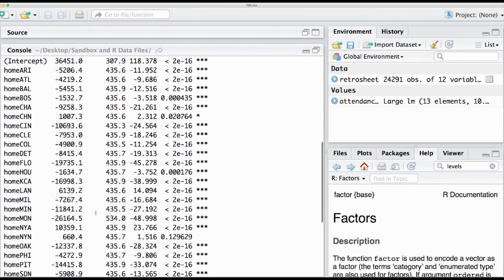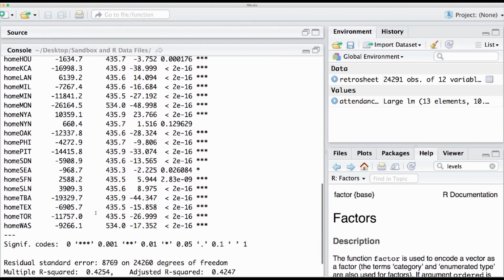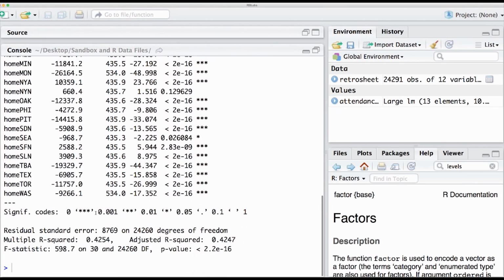But to test if it's a real effect or not, something that's likely true given our question. We have a question, we want to try to answer it. So we want to measure if it's a real effect or not given our data set. We have to look at the F-test of overall significance for the model. And that's this F statistic reported at the bottom here.